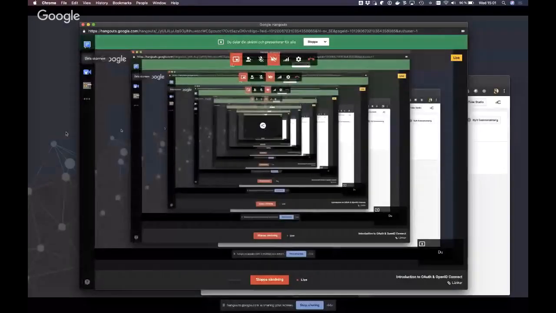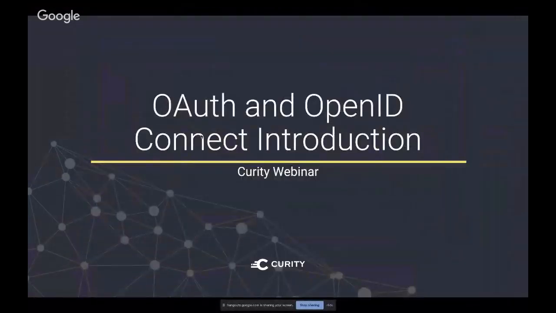So let me jump to screen sharing here, and I'm going to disable the camera. All right. So